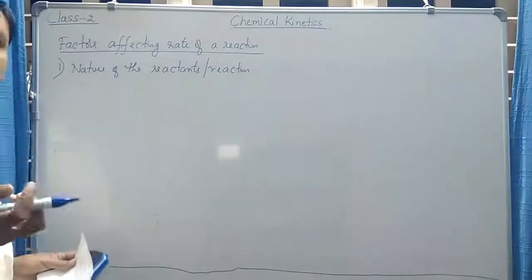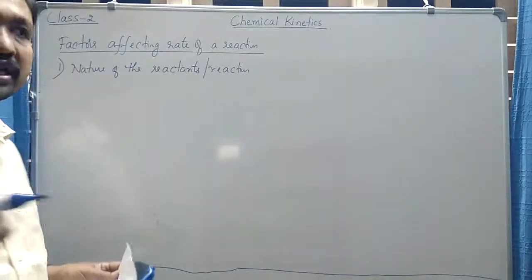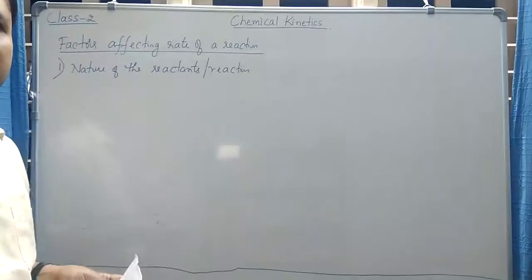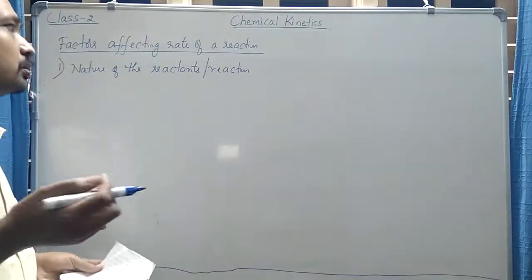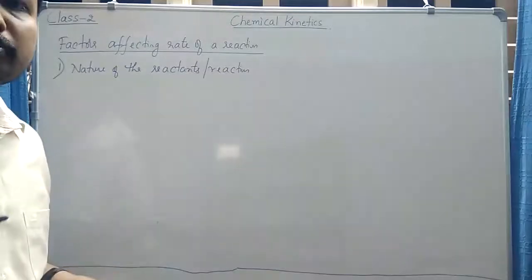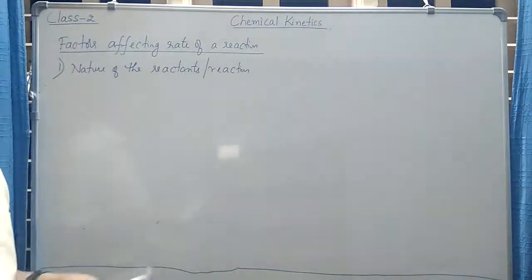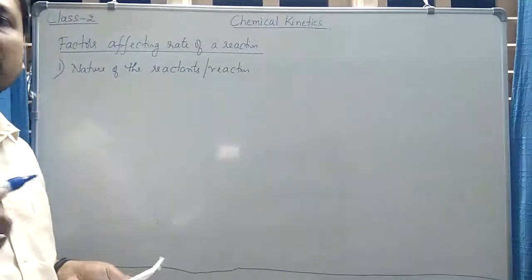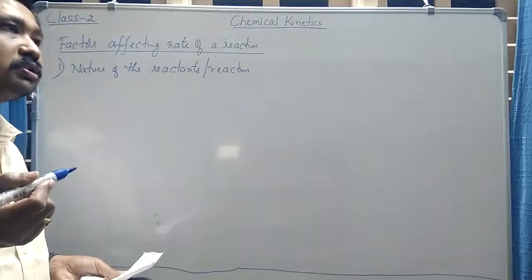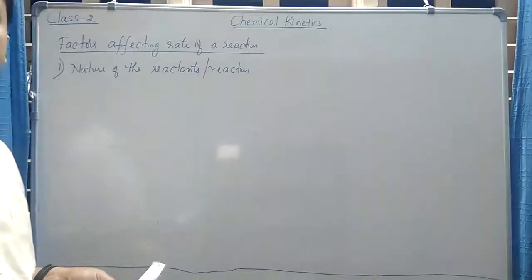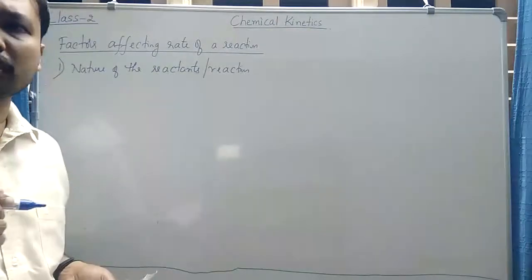Okay, we have studied different reactions in organic chemistry, like substitution reactions, addition reactions, oxidation reactions, reduction reactions, and all these reactions involve different types of cleavages of bonds or formation of bonds. So the nature of bonds broken or formed are different in different reactions. For example, if I compare an oxidation reaction or a substitution reaction with an addition reaction, the nature of the bonds broken will be different.